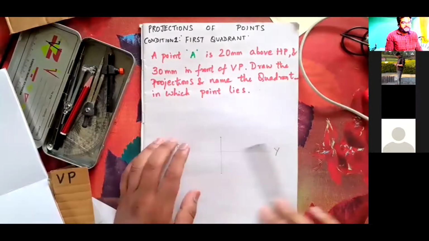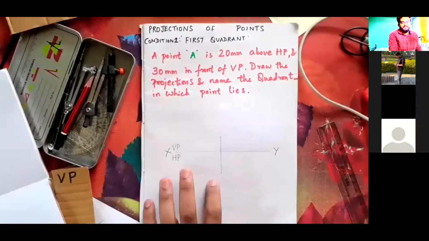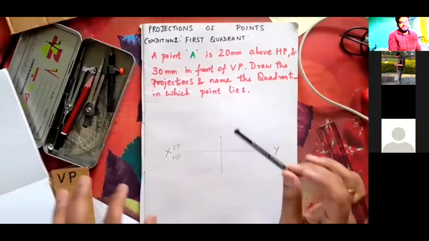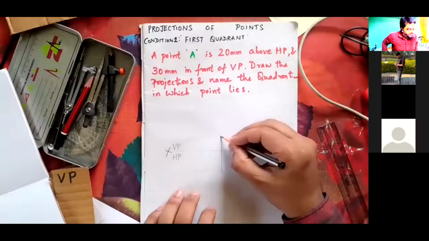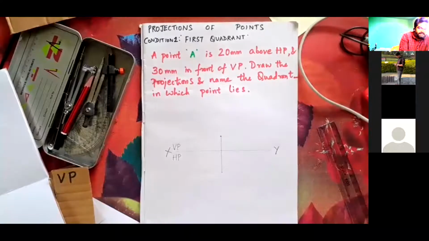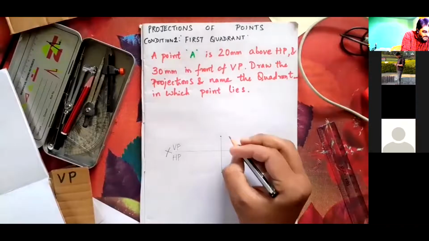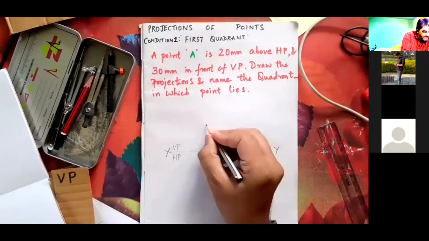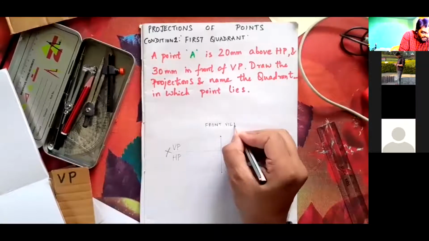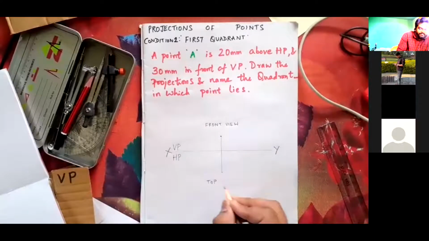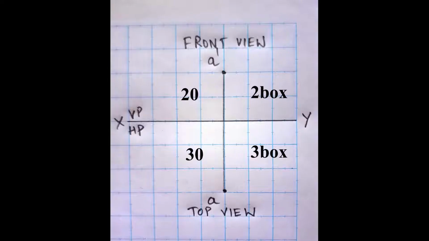I'm not using any sketch pen here because I'm informing you what you are supposed to do with pencil, in the same way in your sketchbook or unruled book. That's all. This is a front view, this is a top view. Very important, this line is a projector line. Where this front view lies, I'm drawing it in pencil. I'm representing it as front view in capital letters so that it looks good. And similarly, top view. Front view and top view.